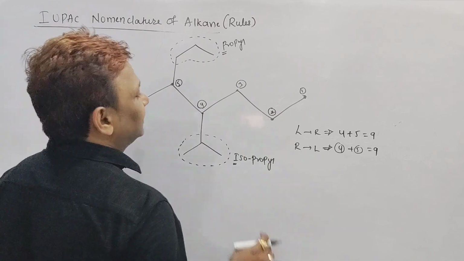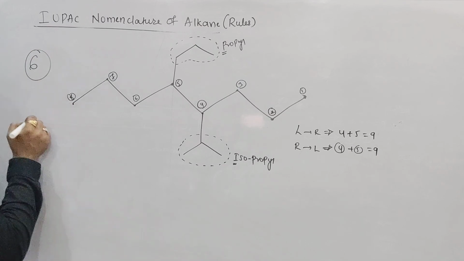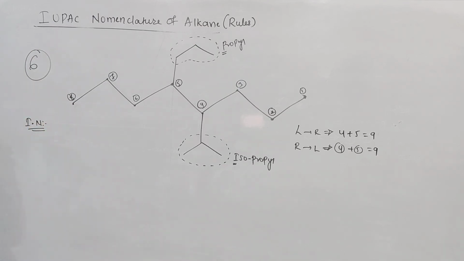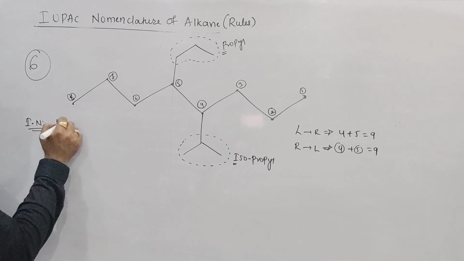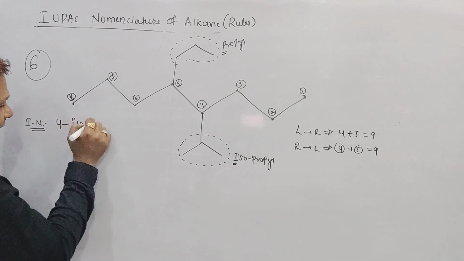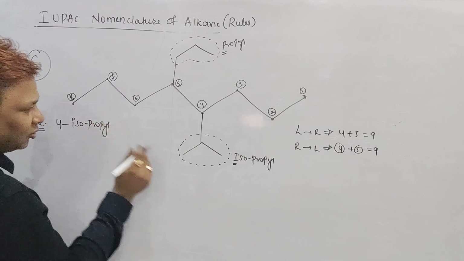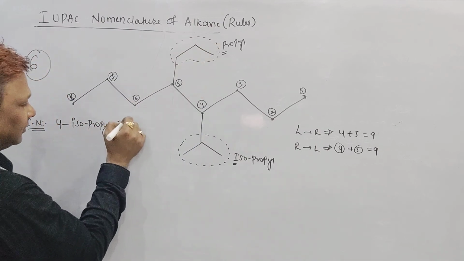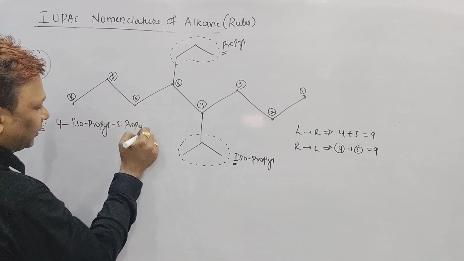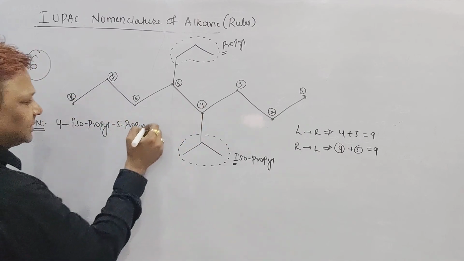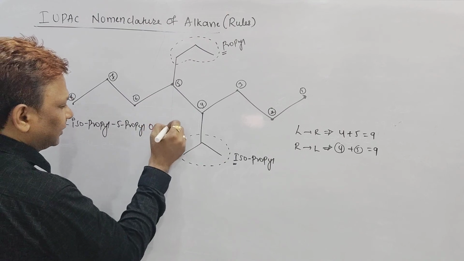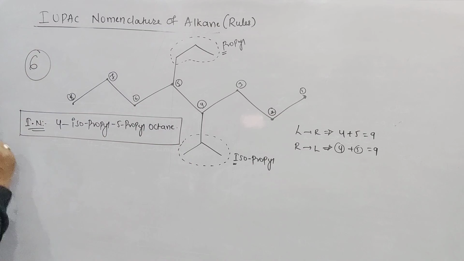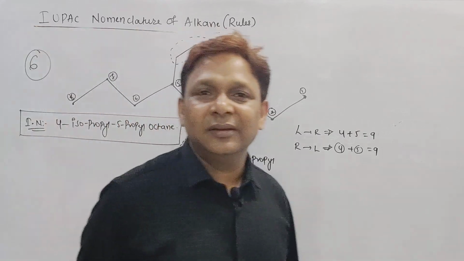Now we can say, yes sir, what is the IUPAC name of the compound? Chalo, try beta what to write. Isopropyl, it is on which carbon? 4th carbon. So I should say it is a 4-isopropyl. How beta? 4-isopropyl, 5-propyl. It is a 5-propyl. Total number of carbon is 8 sir. It is oct, single bond ane, is the IUPAC name of the compound. Is it clear beta? Right?